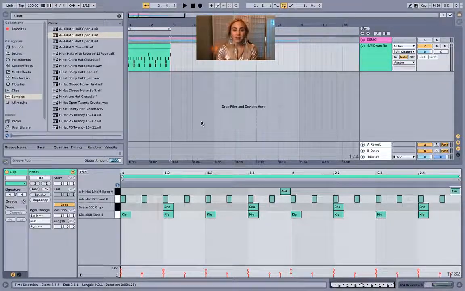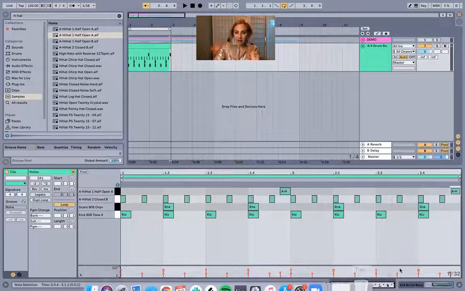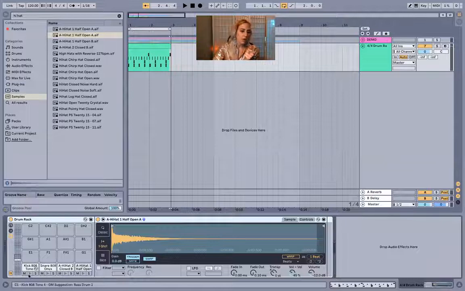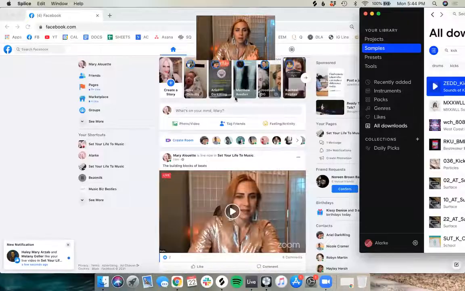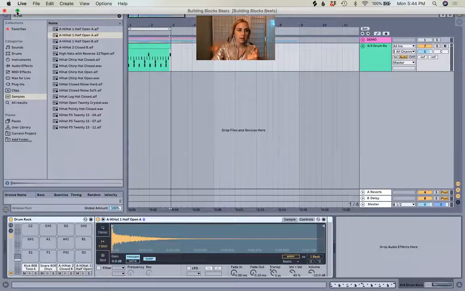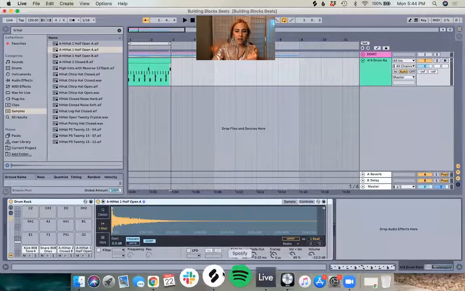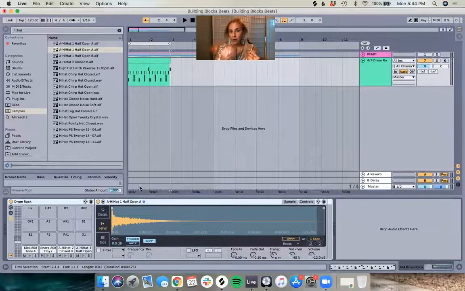Let's put in a hi-hat here. And also I want to show you what this looks like if you bring in samples from Splice. So these are Ableton samples. First I'm going to show you how to bring in samples from Splice. Let me minimize this a little bit. And then I'm going to show you how you can add tonal color to what you have going on in